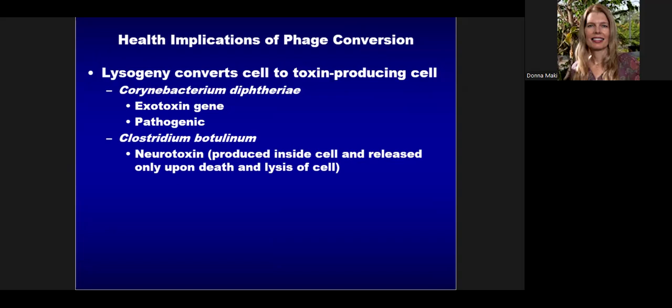Again, some species of Clostridium botulinum are totally fine. You could be totally exposed to it and it wouldn't matter. But if you have exposure to the one that has the phage DNA for this gene, and I have down in the notes this neurotoxin,